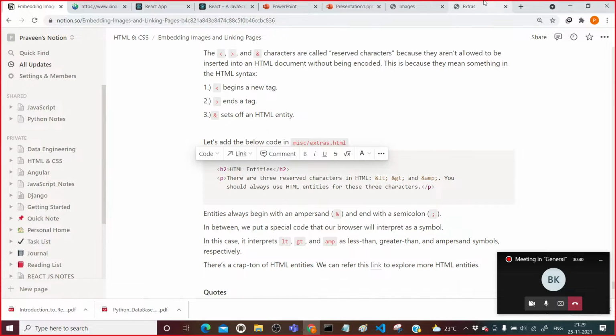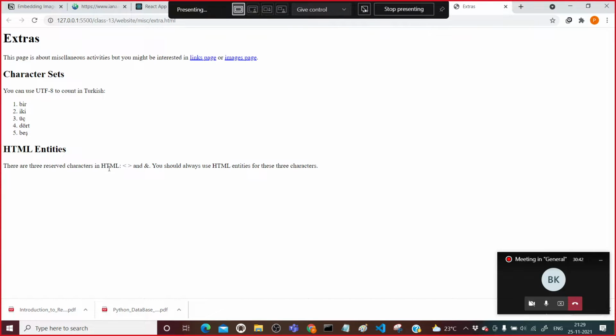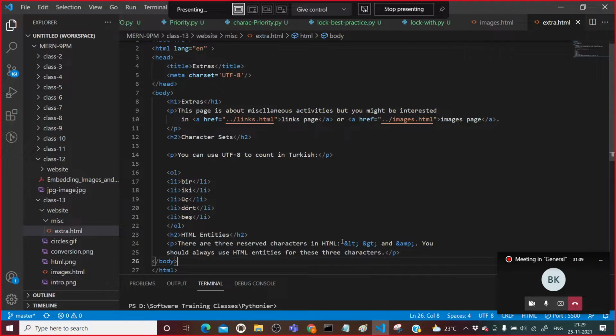You can see less than, greater than. Generally, if you directly write less than or greater than, it will give some other behavior. But to write them, you need to make use of HTML entities.